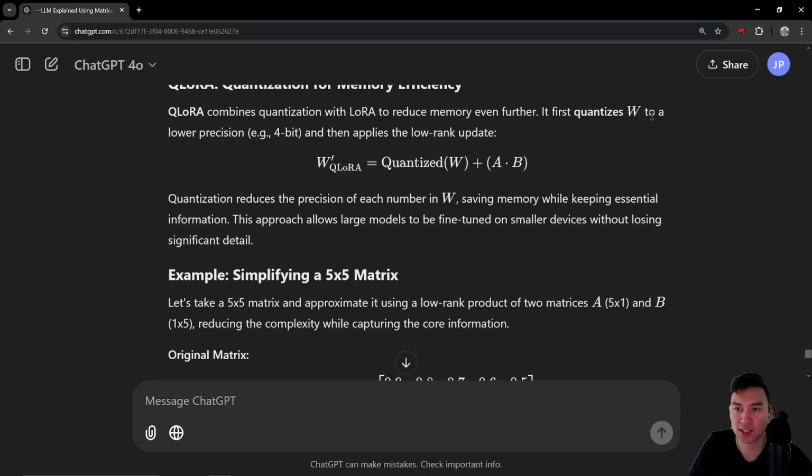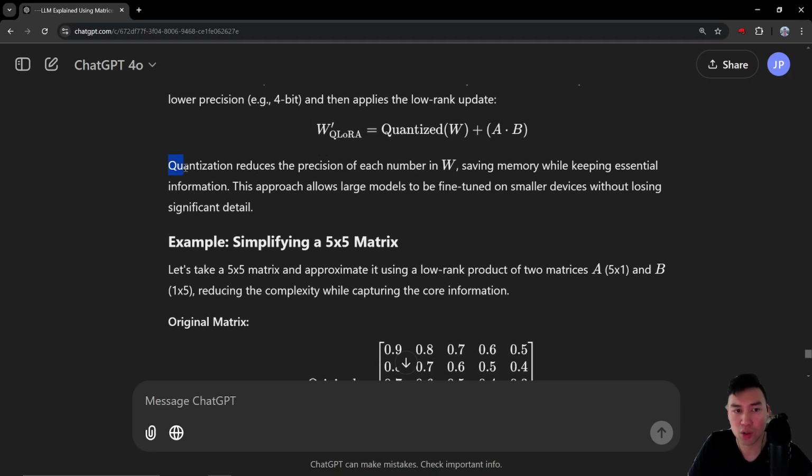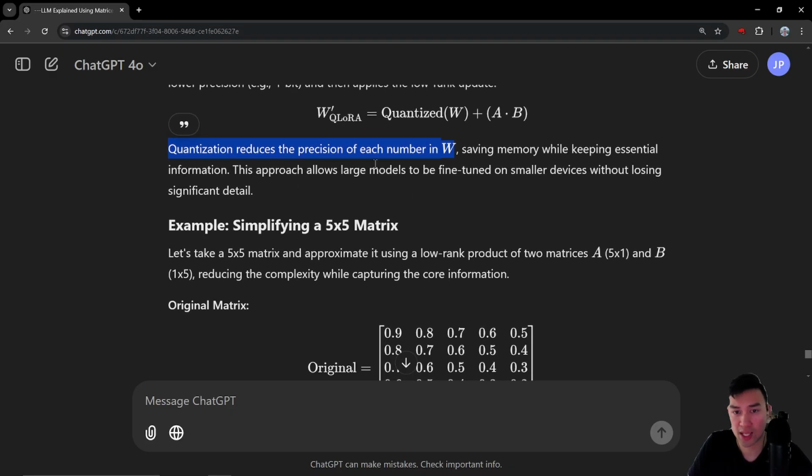It first quantizes W to a lower precision and then applies the low rank updates. Quantization reduces the precision of each number in W, saving memory while keeping essential information. This approach allows large language models to be fine-tuned on smaller devices, like for example my 3060 Ti, without losing